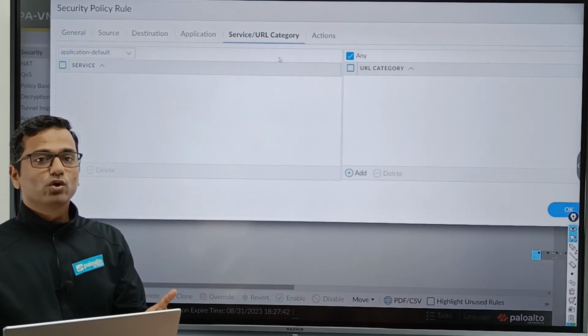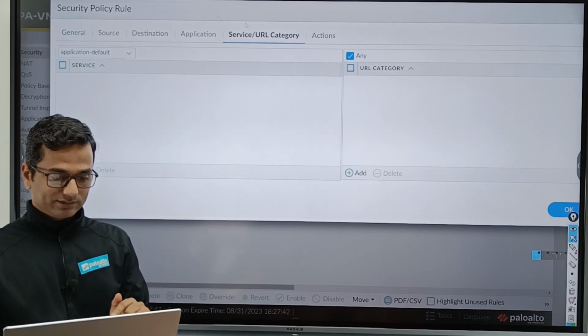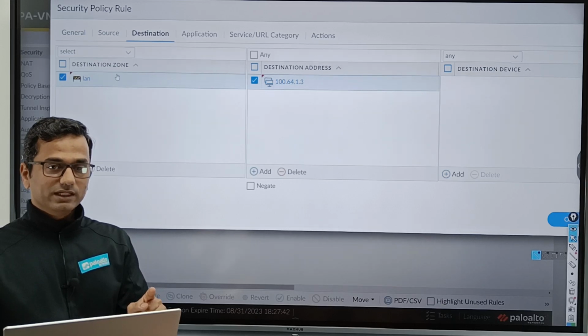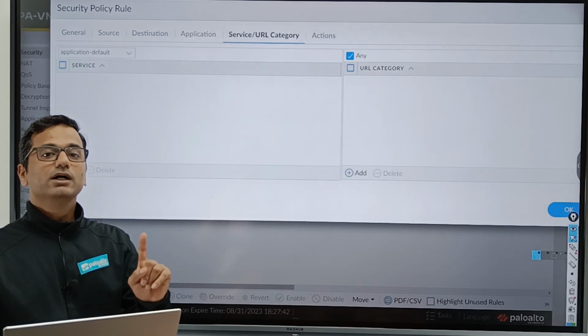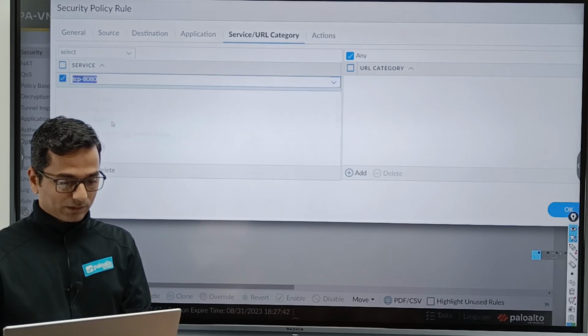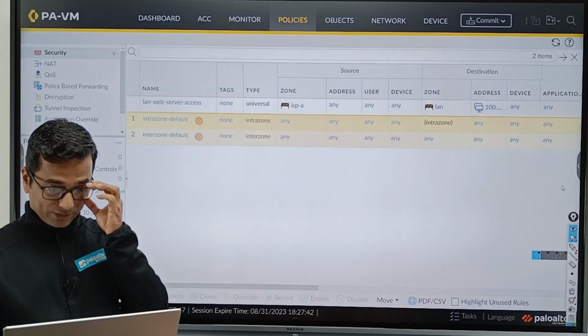And what about the service port, right? Pre-NAT port. Here we have defined pre-NAT IP, post-NAT zone. Here in the service also we will define the pre-NAT port, means 8080. Add port number TCP 8080. Action, allow, and click on OK.